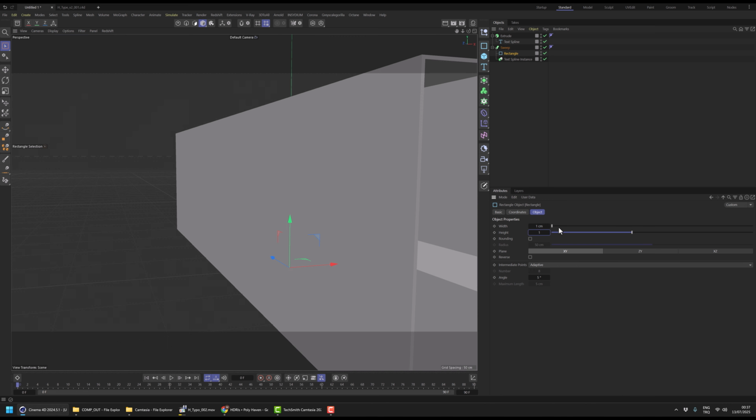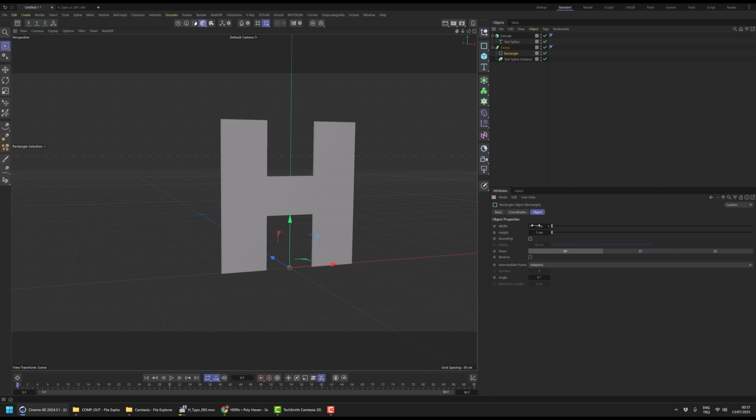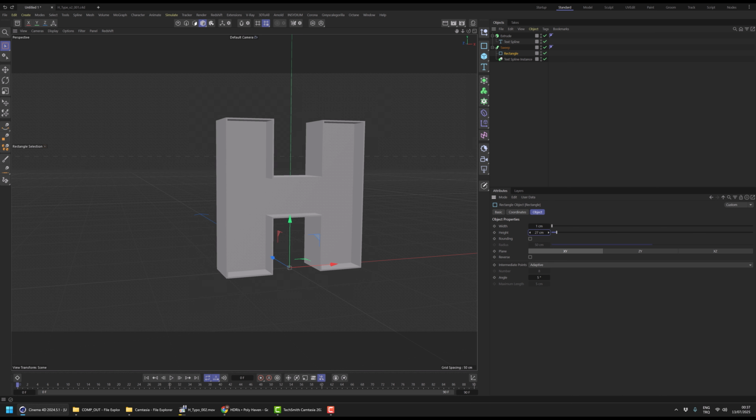You can scale down its size and weight. You can make the height of it around 20 centimeter,